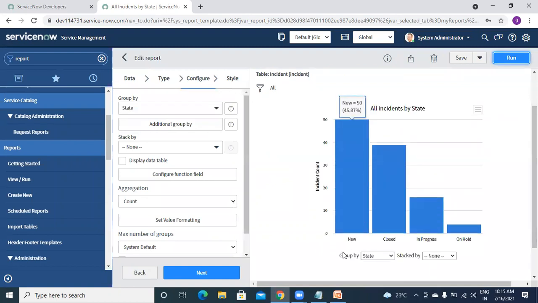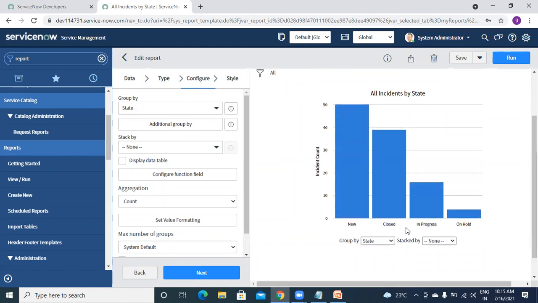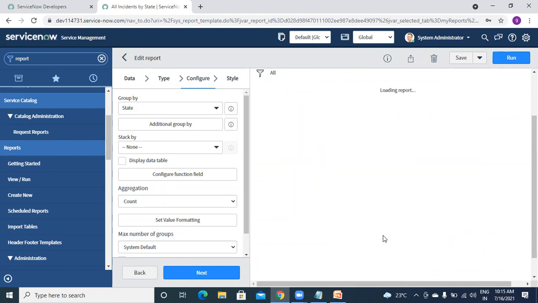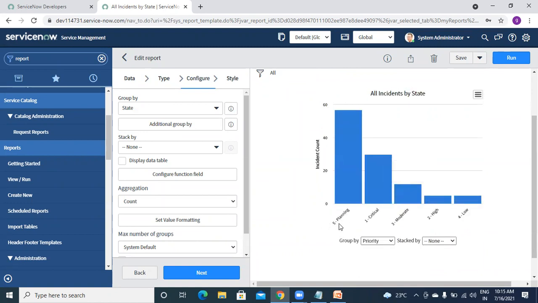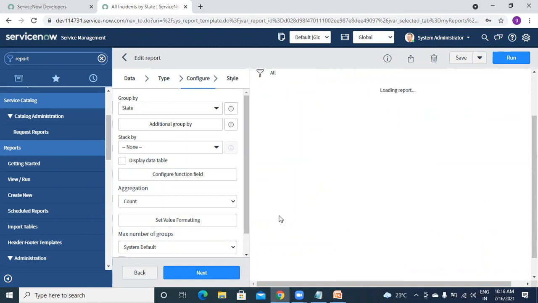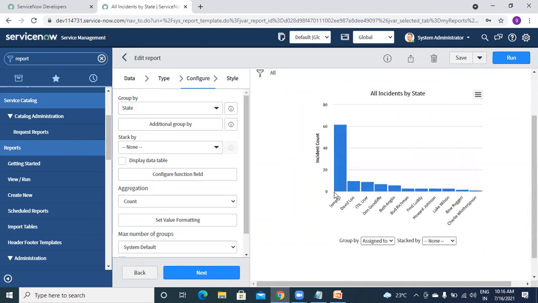So on the bottom, you can see this group by. We have these many options now. Earlier, this was not there, right? So now you can group by based on priority. See, it will reload. So see, priority P1, P2, P3, P4, P5. It is grouping based on that, right? So next, assign to. If you want to group based on assign to, then see, this one is empty, then it is assigned to this one. This is assigned to ITL users. In that way, you can group by.